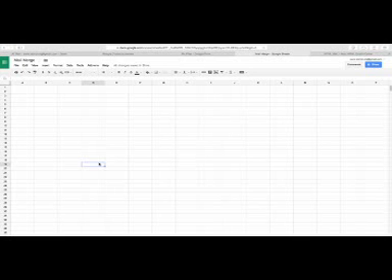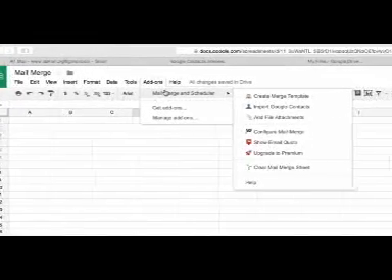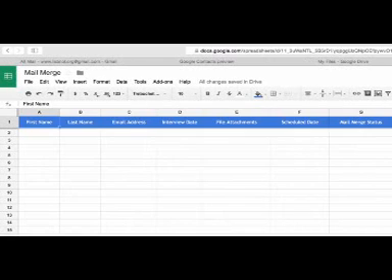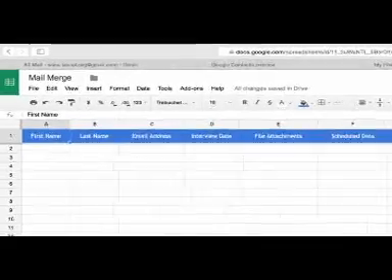Okay, let's now see Mail Merge in action. So to get started, I'm on a blank Google spreadsheet and I'll go to the add-ons menu and choose Mail Merge. Now you can find a link to download this add-on in the show notes. Now the first step I need to do is convert this blank spreadsheet into a Mail Merge sheet. So that's simple. From the add-ons menu, I will choose create merge sheet